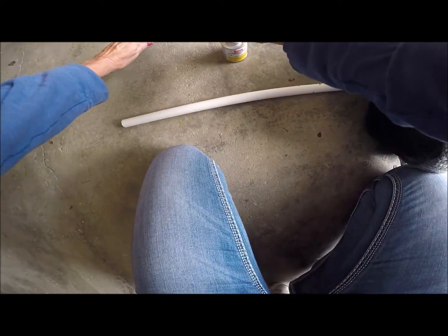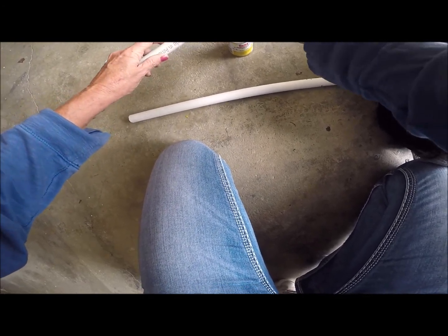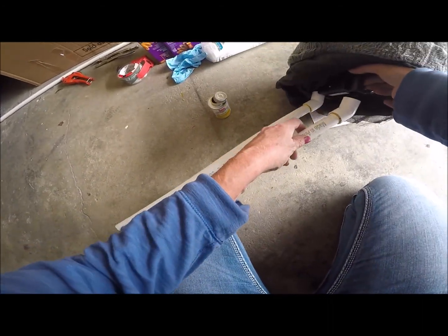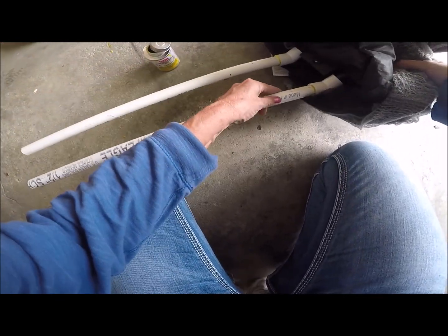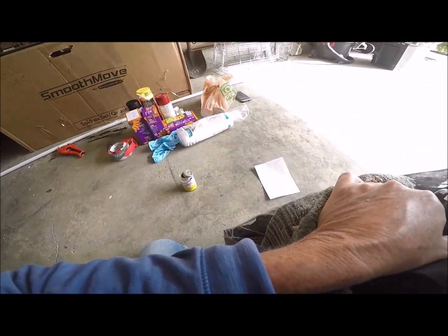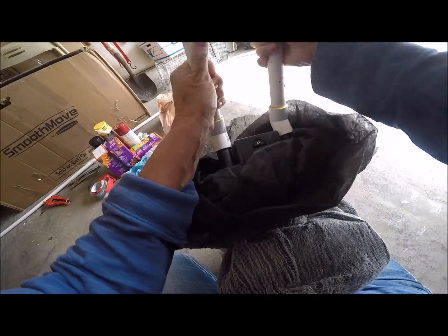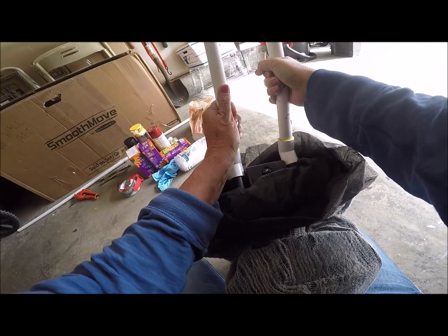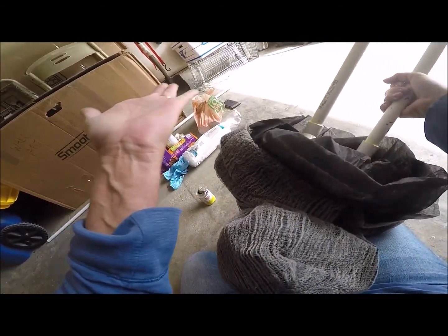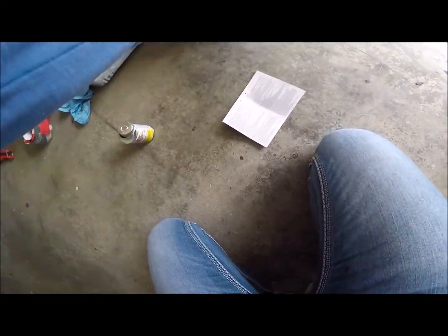All right, so that one's on there. There's some glue on this side. And again, you could tape it if you don't have any of this glue. I just happen to have some. It just slides on like so. Again, this stuff does not take long to set. See, this one's already stuck, which sucks because that one's not on as far as this one. All right, so I'd say that's pretty even. And see, I got it on my hands. All right, so there's that. While I'm waiting for him to set completely,